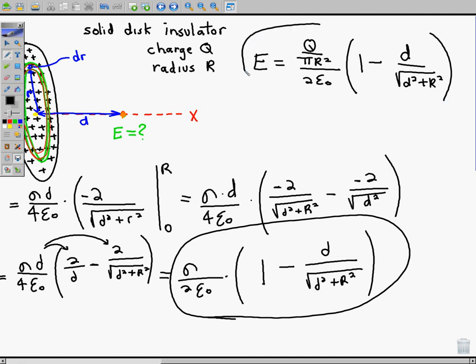Where did that come from? The square root of d squared plus